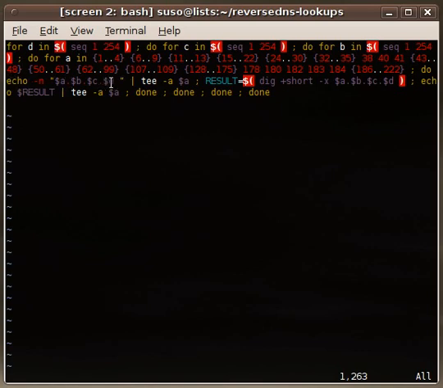So I'm echoing out the IP for the purpose of recording it, and also for the purpose of displaying it. And you'll notice I use this -n here so that it doesn't actually make a new line, so I can keep the result on the same line. And so I pipe that to T. T is a program that will write out data to a file in a pipeline so that you can keep the data going through the pipeline. And basically if it's at the end of the pipeline, it'll print out the data as well as write it to a file. And then I get the result from running dig on the reverse IP in the right order,